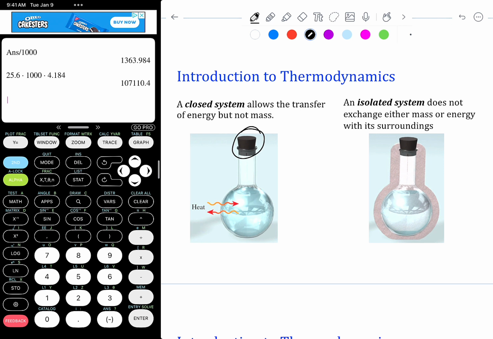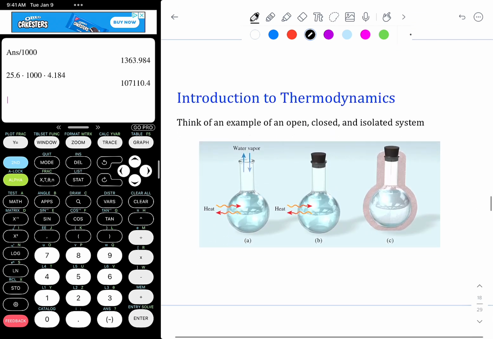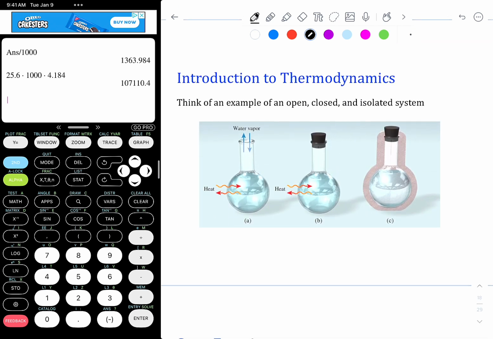Our last type of system is an isolated system. So it does not exchange either mass or energy with its surroundings. So not only do we have a top on our flask, we also have this kind of insulation around it so that heat cannot be transferred in or out of that system. So of our three systems that we have here, an open, a closed, and an isolated,